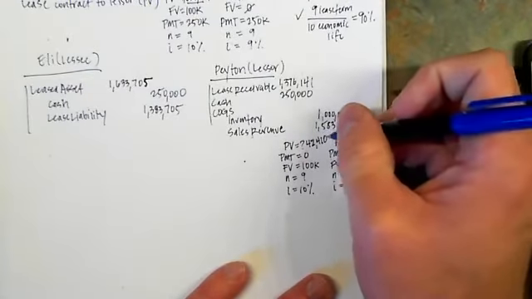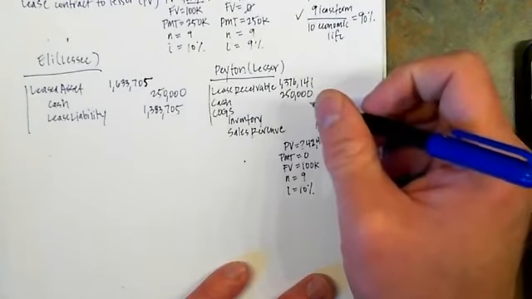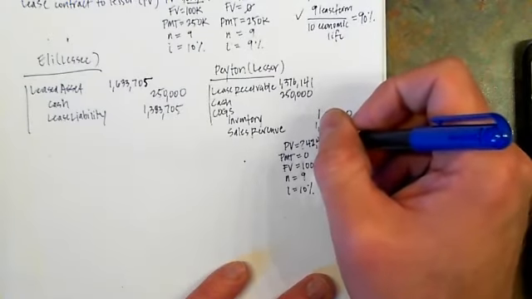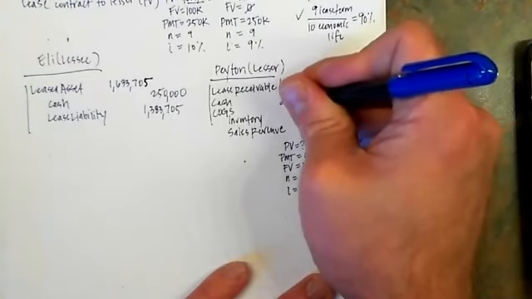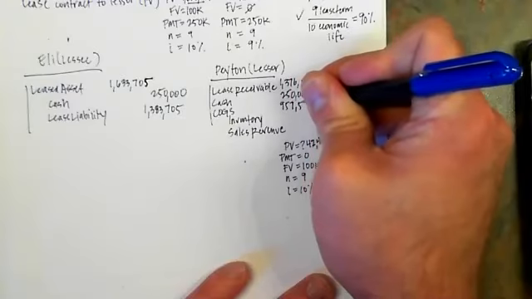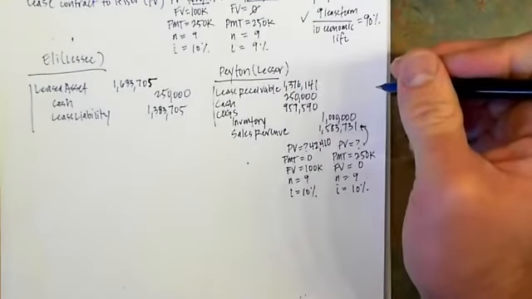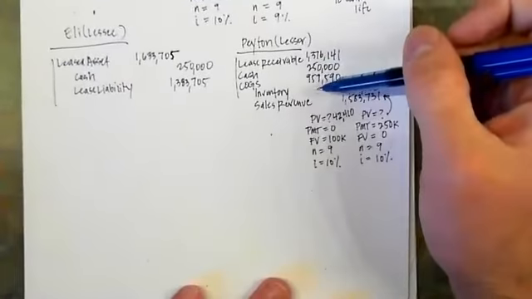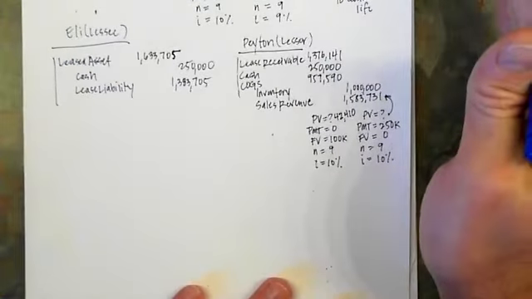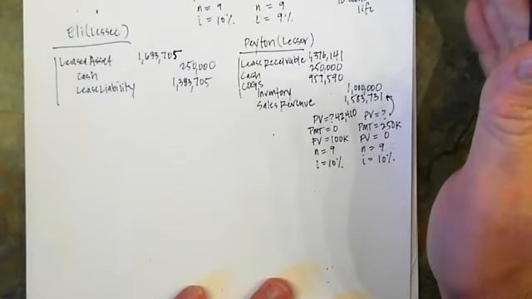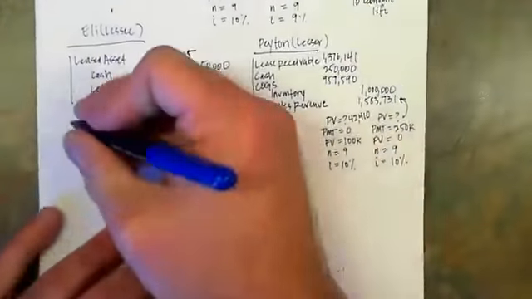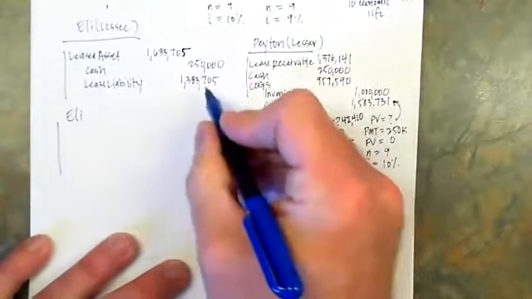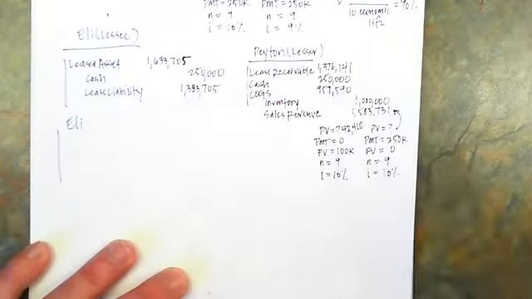I would subtract that from my COGS. So 1 million minus 42,410 gives me $957,590. That's the complete setup for this. Now, from here, for the end of year adjustments, you just have to look at a couple of items. So Eli would have interest expense that arises from the lease liability,